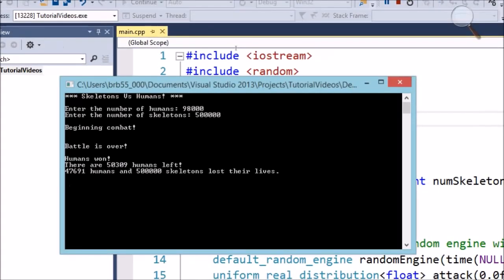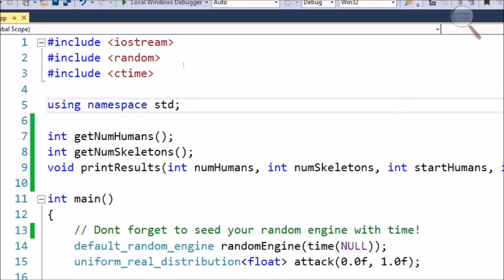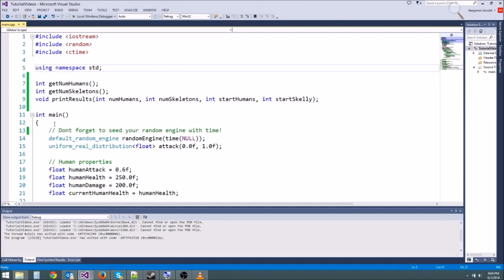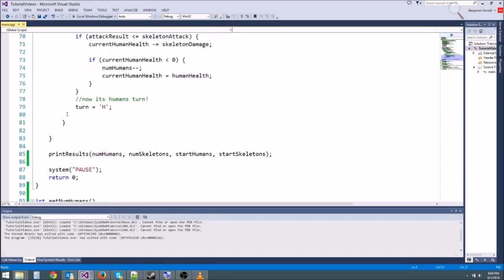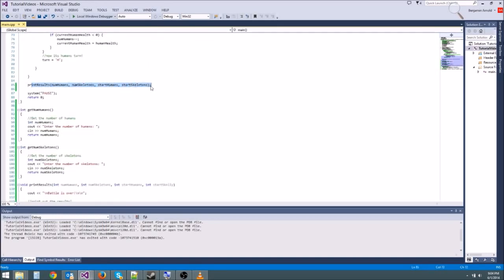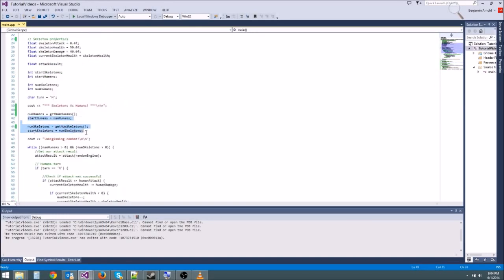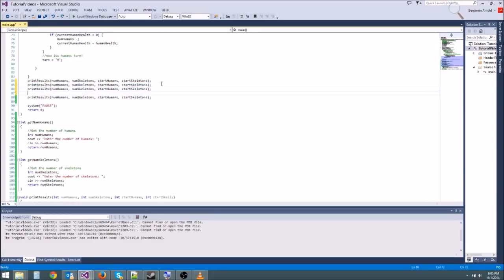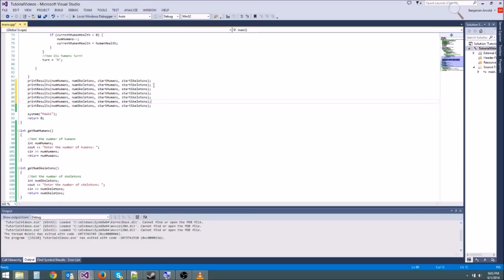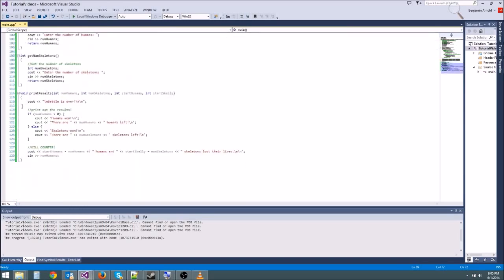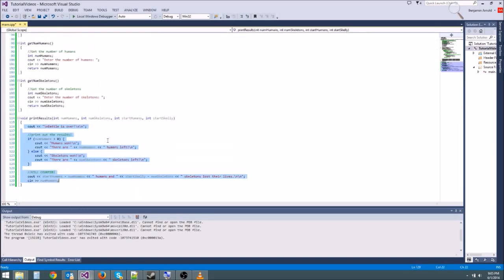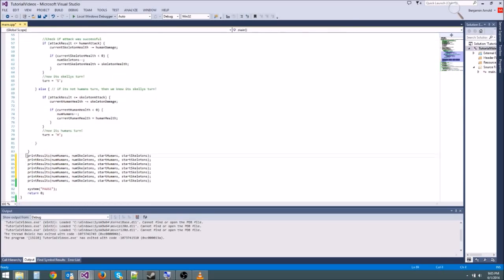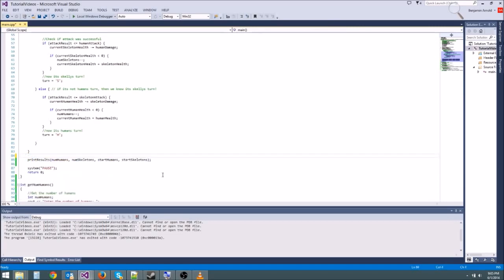So as you can see, it functions exactly the same as it did before, exactly the same. However, look at how much smaller our int main function is. We got rid of all these lines of code right down here, and we got a few lines of code out of here. And what's really great is if we wanted to print the results again, say for some reason we wanted to print the results like 7 times or something, we could do that with 7 lines of code. Whereas before we would have had to copy this 7 times. So it really saves you a lot of space in the long run. It makes your code clean, readable, and it's just going to